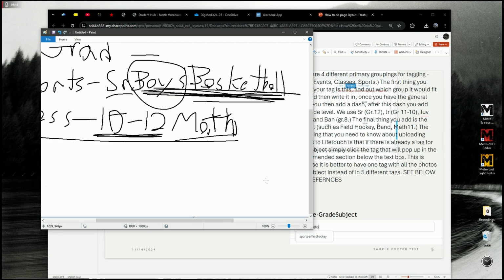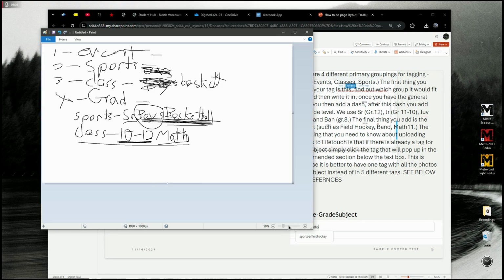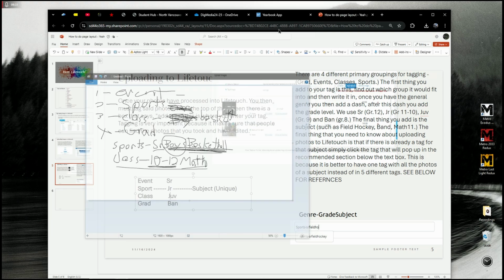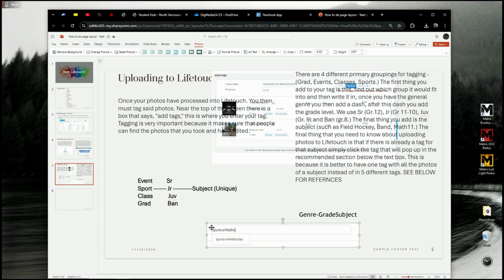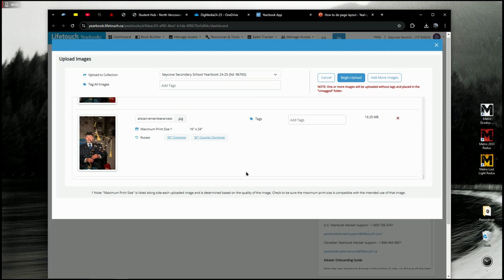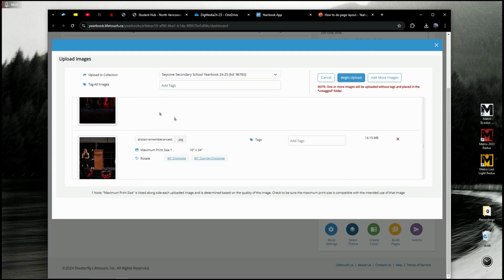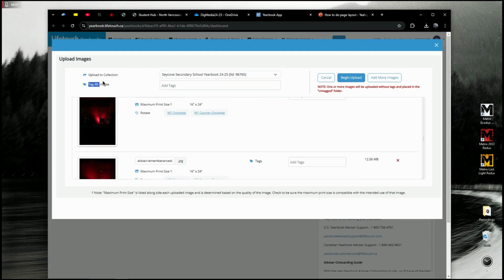That's not good spelling. But yeah, that's what the base naming sequence looks like. Also right here, this is an example for senior field hockey. So now, once my photos have initialized into Lifetouch, the way this works is in this box right here